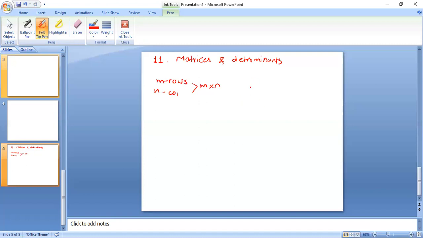So when you have to denote the matrix, A equals to A of ij, m into n. To define an m into n matrix, the matrix is A. In this case, the entries A of ij are defined separately for all integers, that is, 1 is less than or equal to i, less than or equal to m, and the same for